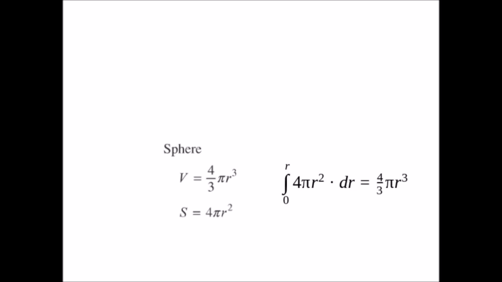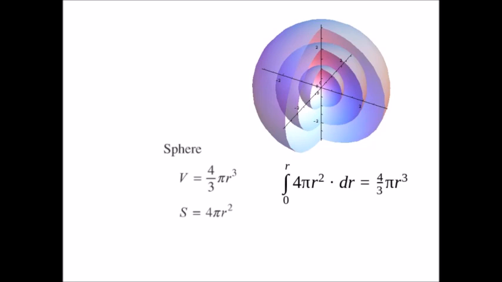Now, showing that 4 pi r squared is the surface area of a sphere, that can be really hard if you do it like Archimedes did it, or if you have the right choice of coordinate systems, that can be easy. That's something we'll do in another lesson. We'll take that as our starting point. Surface area of a sphere is 4 pi r squared. Believe me, next, do it